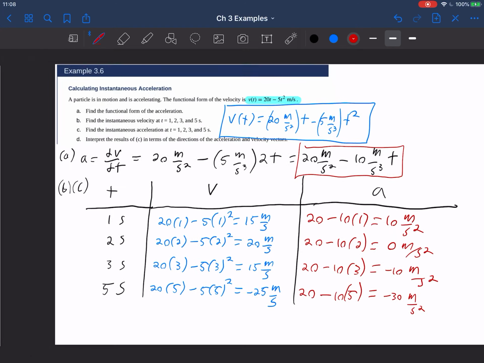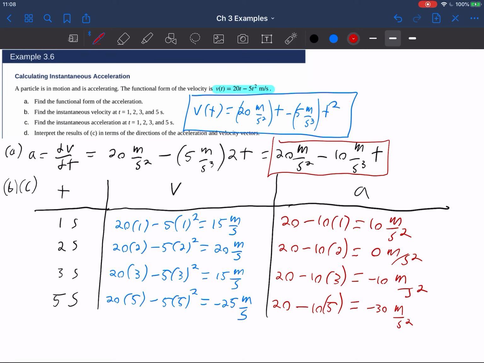Okay, so we've now finished part B and part C, and now we can do part D, which is basically trying to understand what this means. So maybe I'll just add another column to this table, and this will be where I'll write down my interpretation. So at time equals 1 second,